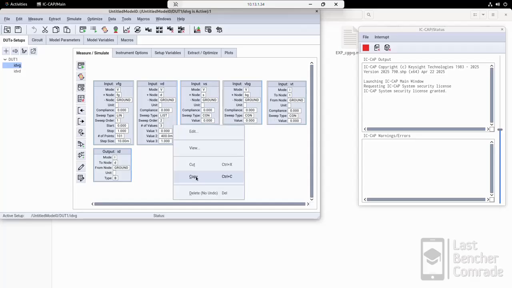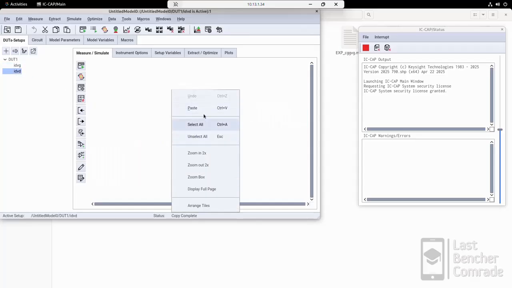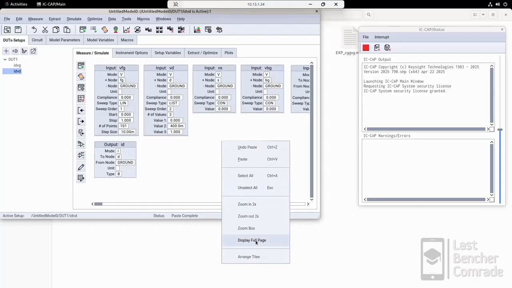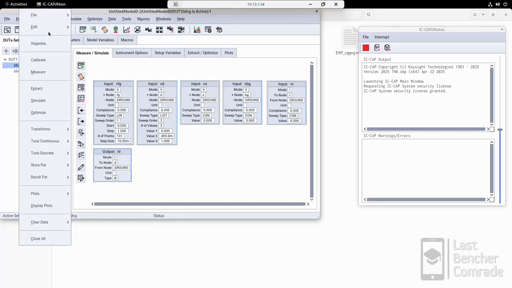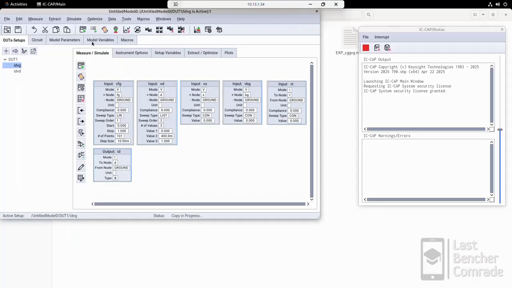This is another shortcut to create it. So I press copy, I press paste. Now a few things will change in here. One more way is to copy from here. Copy and